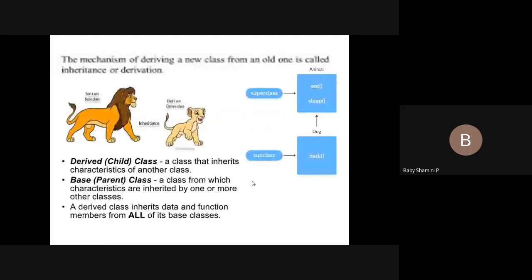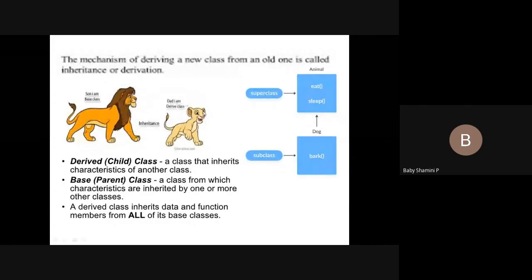Next, we have inheritance and its types. Previously, I explained the concept of inheritance. Here we have 3 different types that we are majorly focusing on today. Before moving to this, I'll give a recall about inheritance. Inheritance means deriving a new class from an existing class. Here the derived class is the child, and this is the base class. So deriving a new class from the base class is known as inheritance.